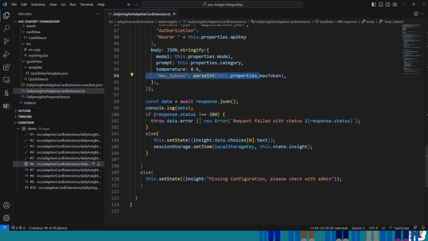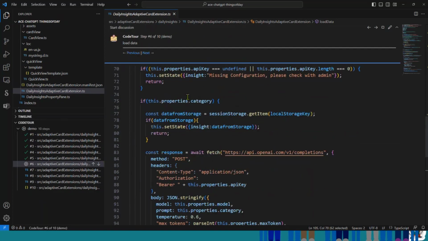Once we have the data, we are just setting the state to set it up in the insight and then putting it in the session storage. Now, next